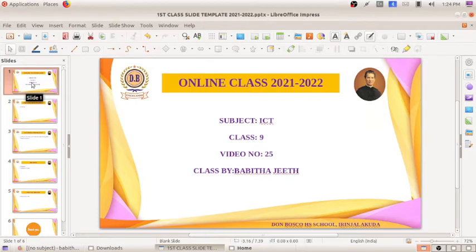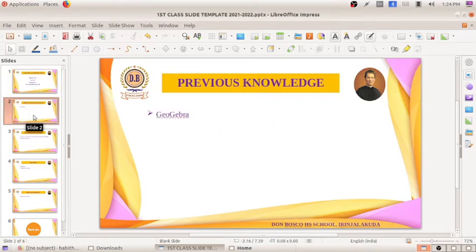Did you study the topics which we have discussed in the last class? What all things have we studied? We have studied a new software named GeoGebra for doing things related to mathematics. There we drew the parallel line. How can we open the GeoGebra application, education, GeoGebra. And there we did the first activity 5.4 to draw the parallel lines.